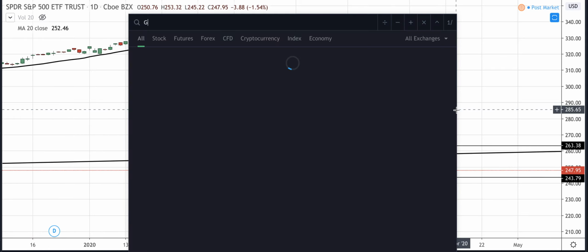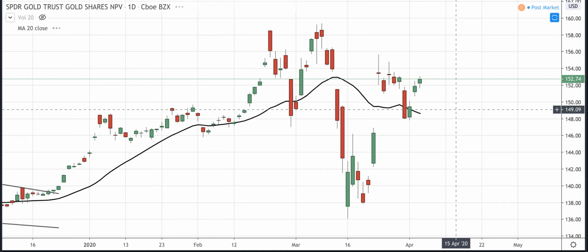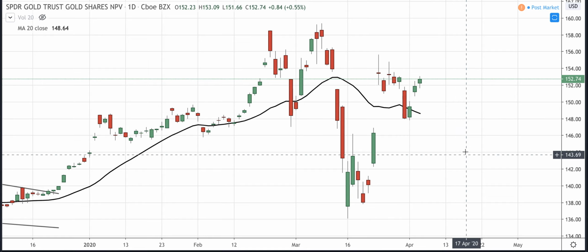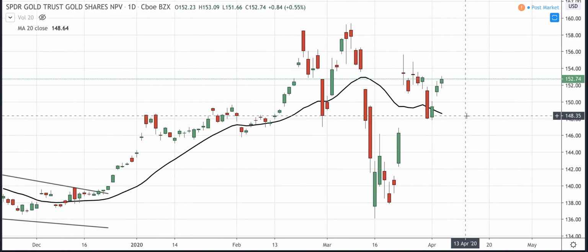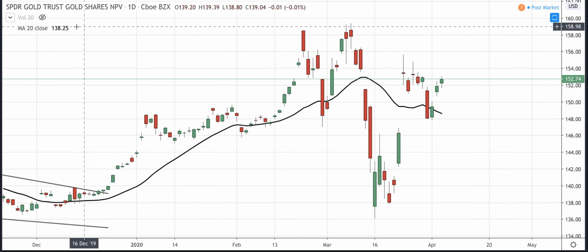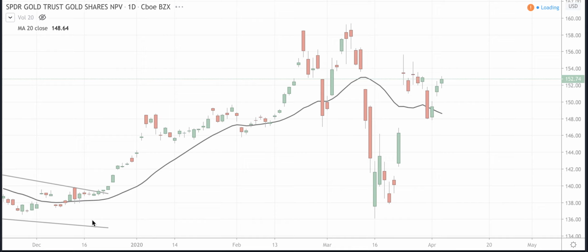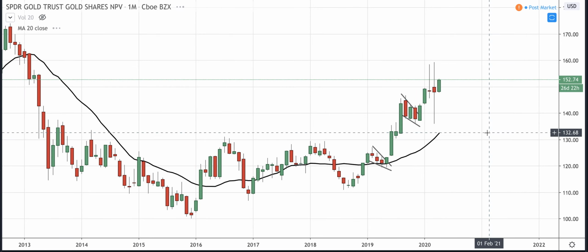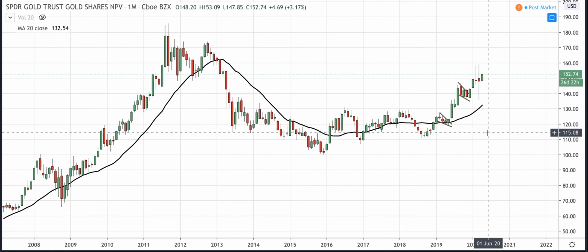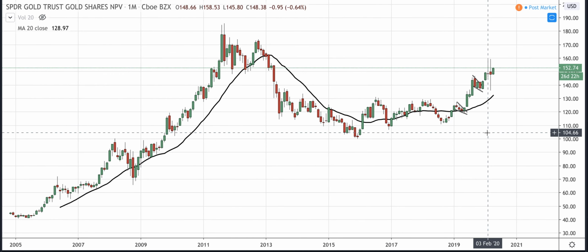Now, what am I in right now? Gold. There's really not much else to be in. A lot of the portfolio we've been very conservative with. The reason I like gold on the higher time frames is it looks really positive. On the monthly and the weekly, it looks very strong. And in times of crisis, people typically flock to safe havens. Now, when we had that crazy sell-off, when everything was selling, including bonds, including gold,